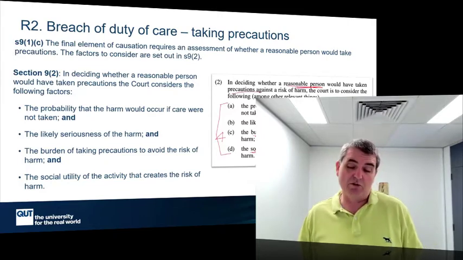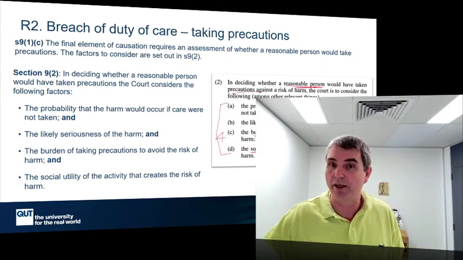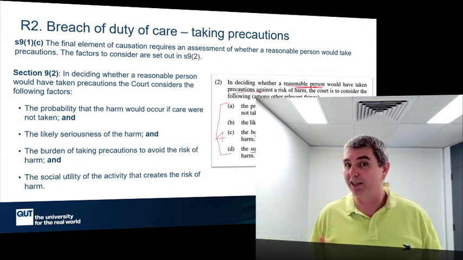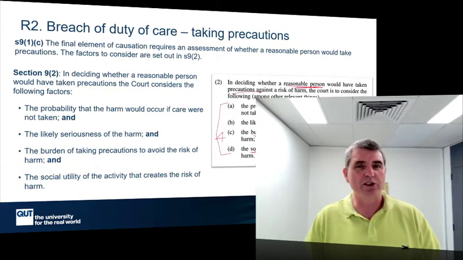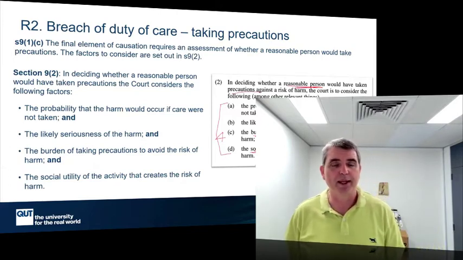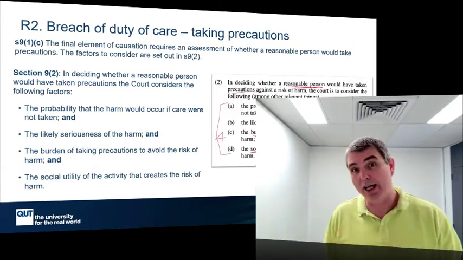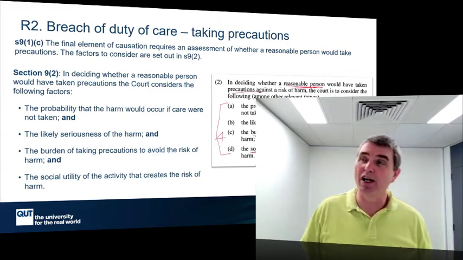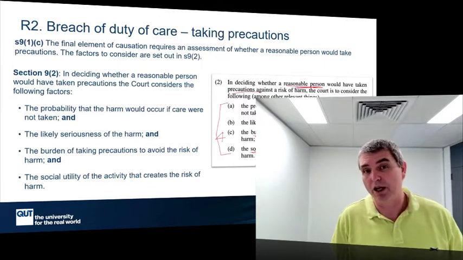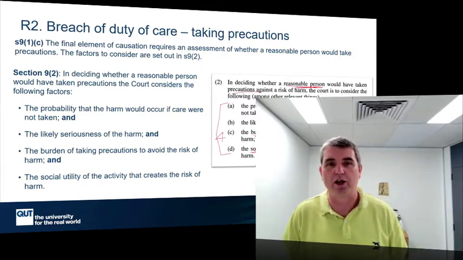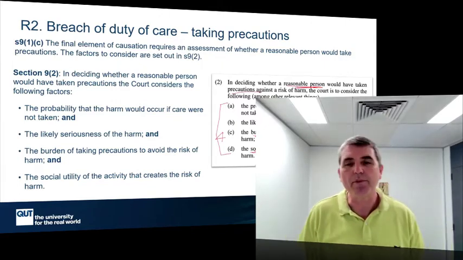But I tell you what, if you make them negligent for forgetting that board, then what you might have is a whole lot of people not doing the lifesaver activities anymore. They say, look, this is just too risky, we're not going to do it, right? So you don't want to discourage these kinds of activities. That's what that one's trying to capture. What's the social utility involved with this activity? And the higher the social utility, the more likely that you might not say that they breached their duty, right? Because they were doing good for society with what they were doing.